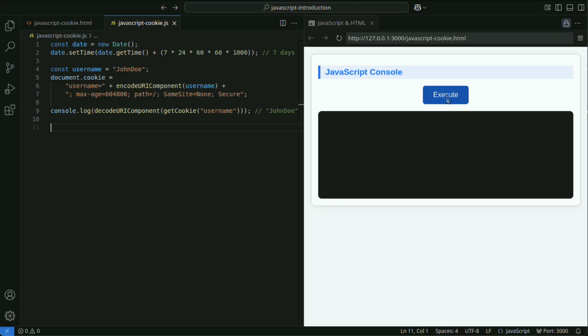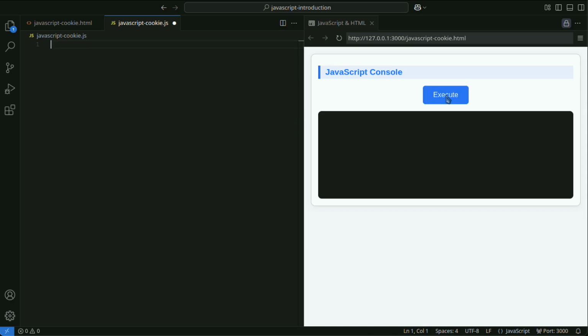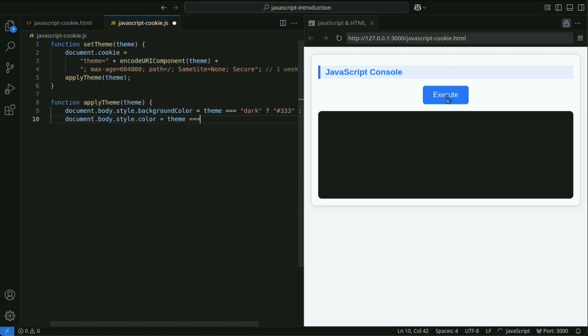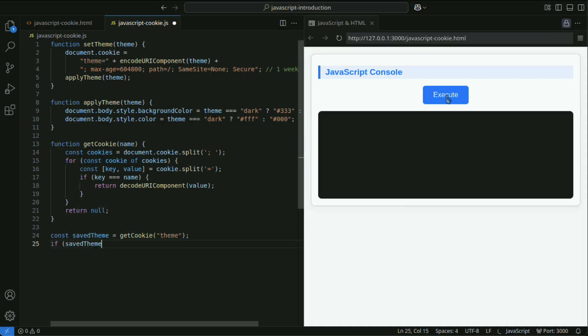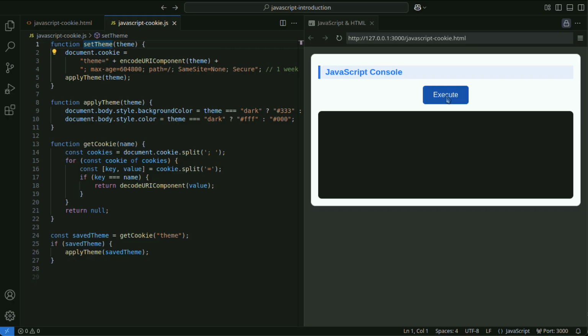The following is an example of saving the user's selected theme in a cookie and automatically applying it on the next visit. The setTheme function saves the selected theme to a cookie and immediately calls applyTheme to update the screen.